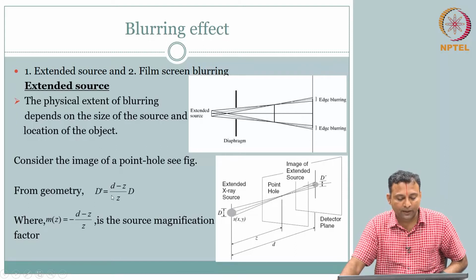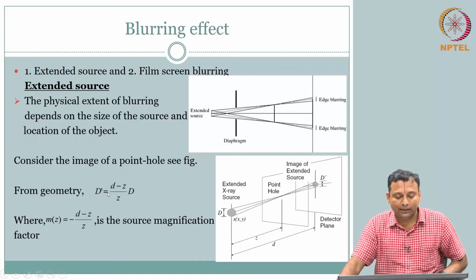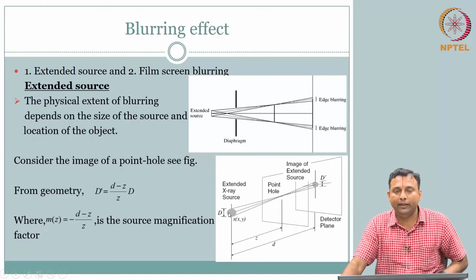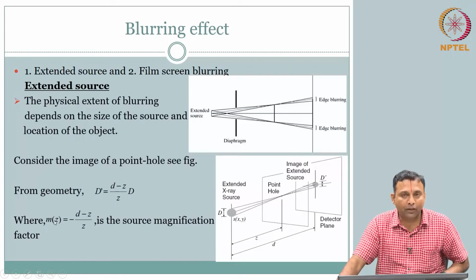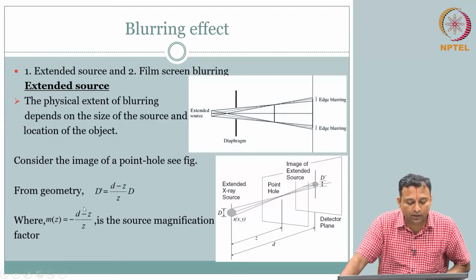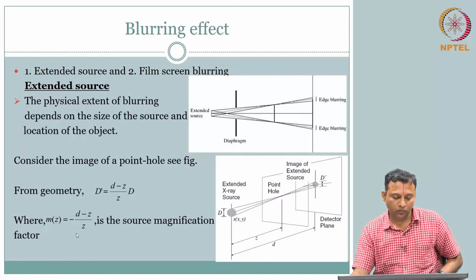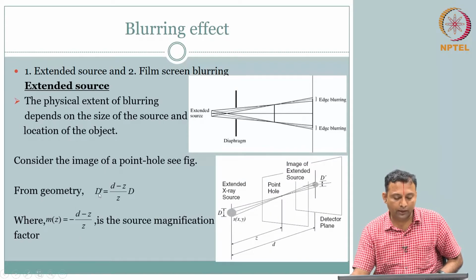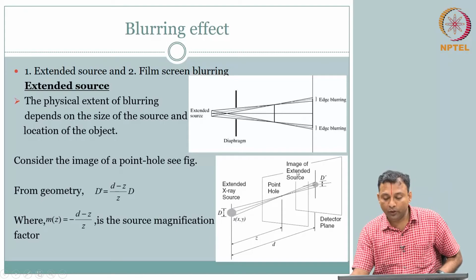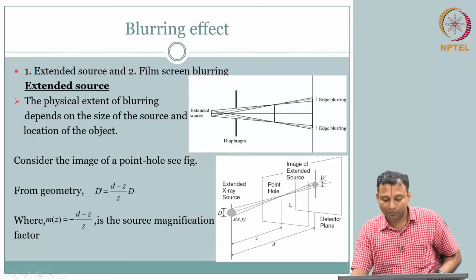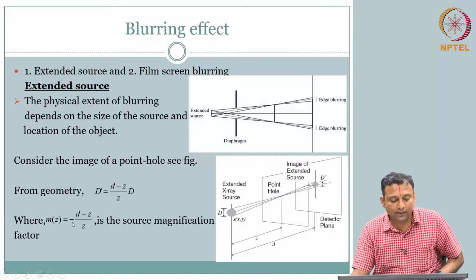So m of z, your D dashed is this guy, (D minus Z) by Z of this capital D. So your source magnification factor is the negative of this. What does that physically mean? Well, you look at this, you have your D, you have your D dashed, both of them look like a disc. So here it is difficult to appreciate, but then what does this negative